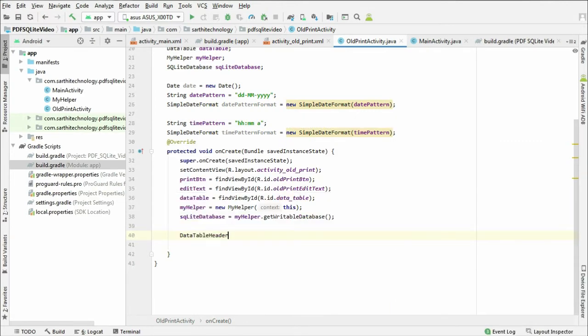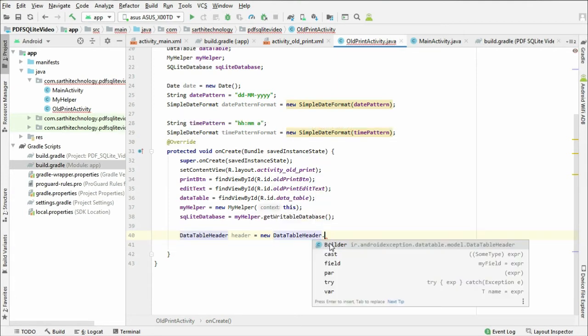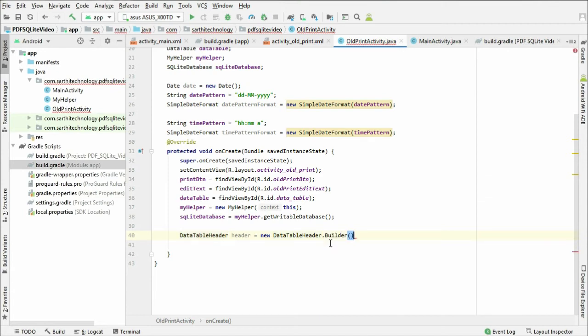DataTableHeader header equal to new DataTableHeader.Builder.